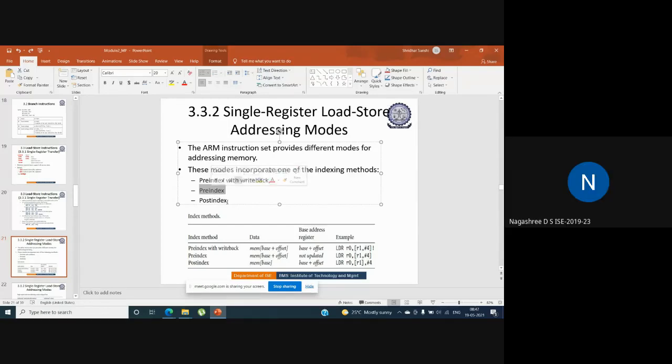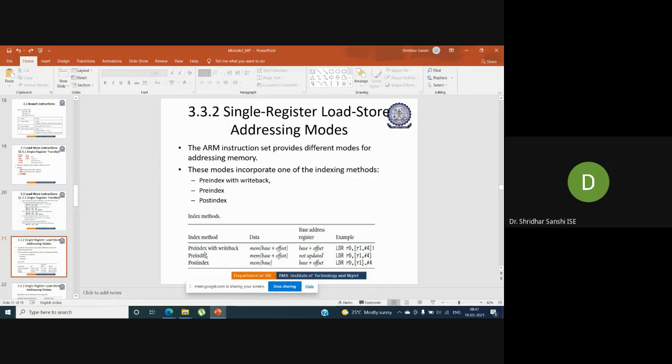In post-index, we first perform the operation, then update the address. So in post-index, we load first, we put the value into the register, and then we update the base register. So these are the three modes.